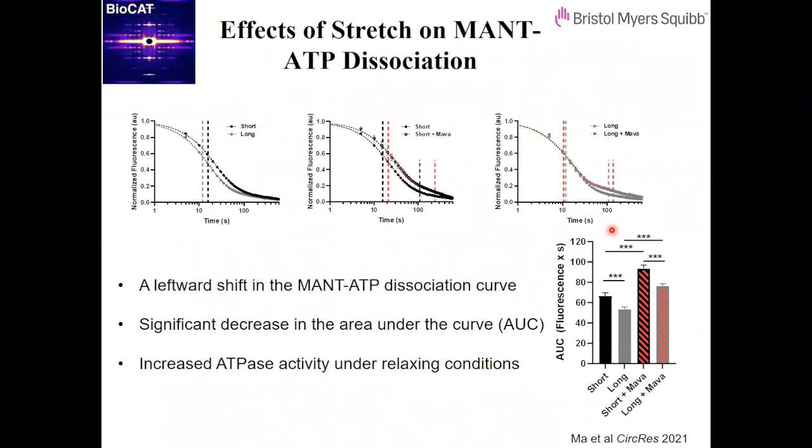First, we look at the stretch effect on the population of the SRX and DRX heads. So this is a log scale. It's basically exactly the same as previously shown, the two exponential decays. So if we look at it from short,